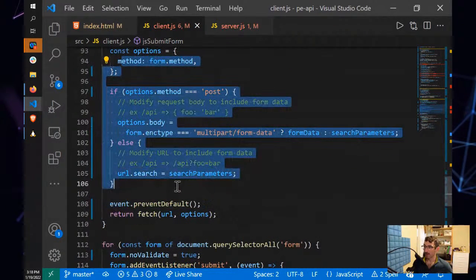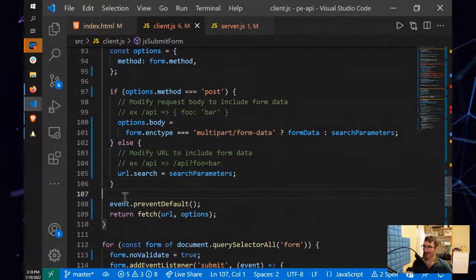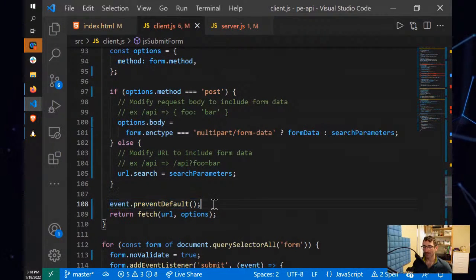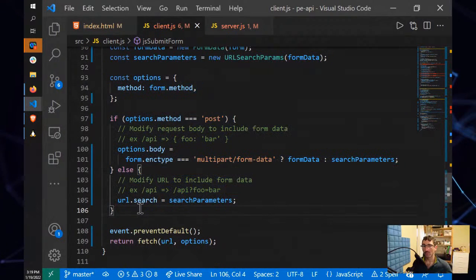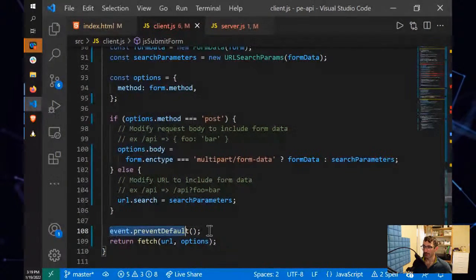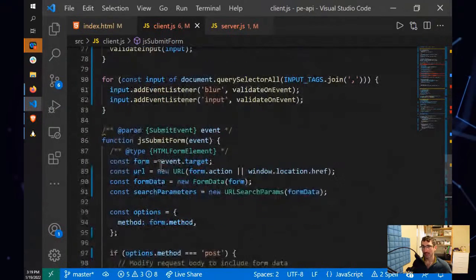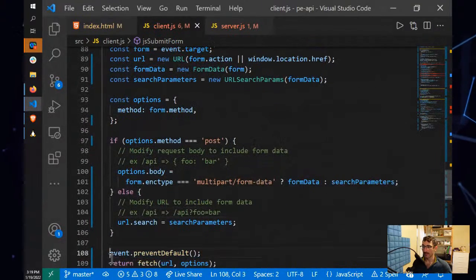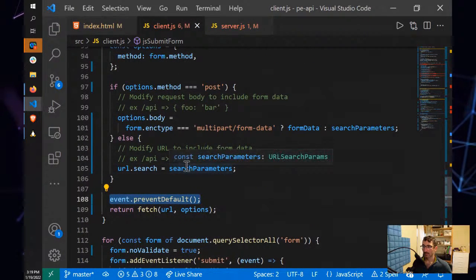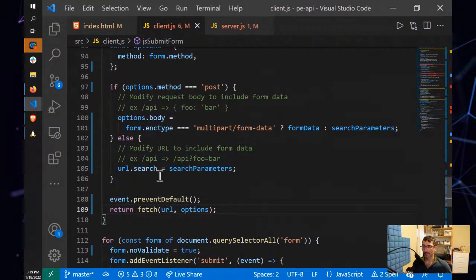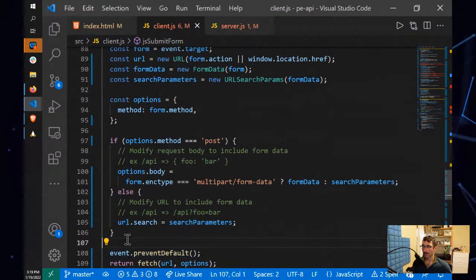Once we've completed all of that, I hope you're still with me. Only at the end do we prevent the default behavior. We explicitly put this at the bottom of this function because if anything fails during calling this function, we don't want that event to have been prevented. Meaning, if this is called first and then there's an error after it, the event behavior has already been prevented, meaning the form will not submit, but we also won't get down to the fetch request. So by putting this at the end, we know that if there's an error here,